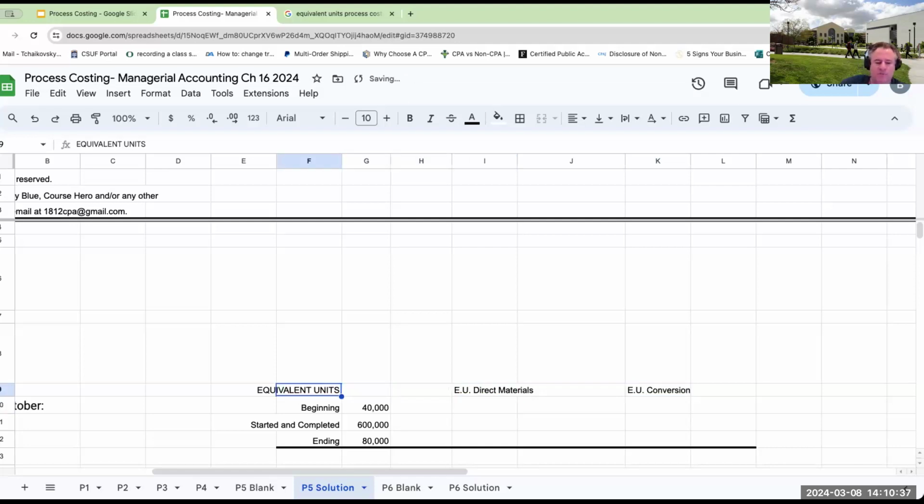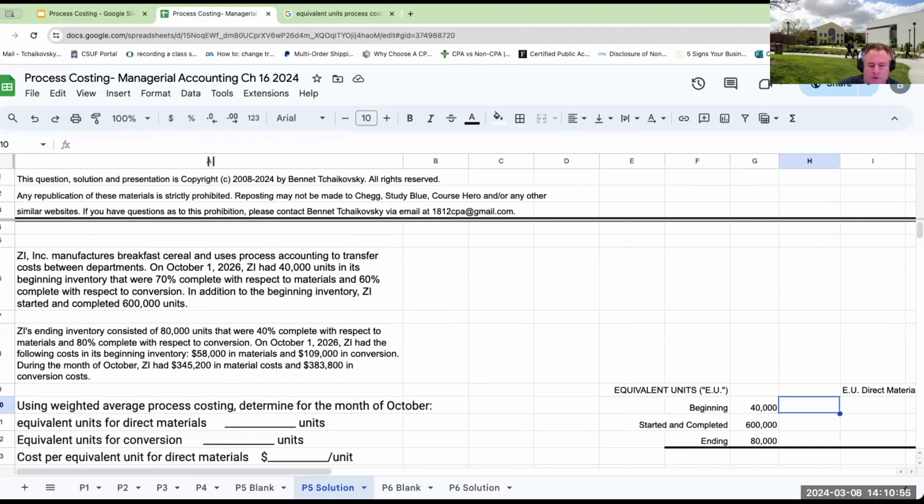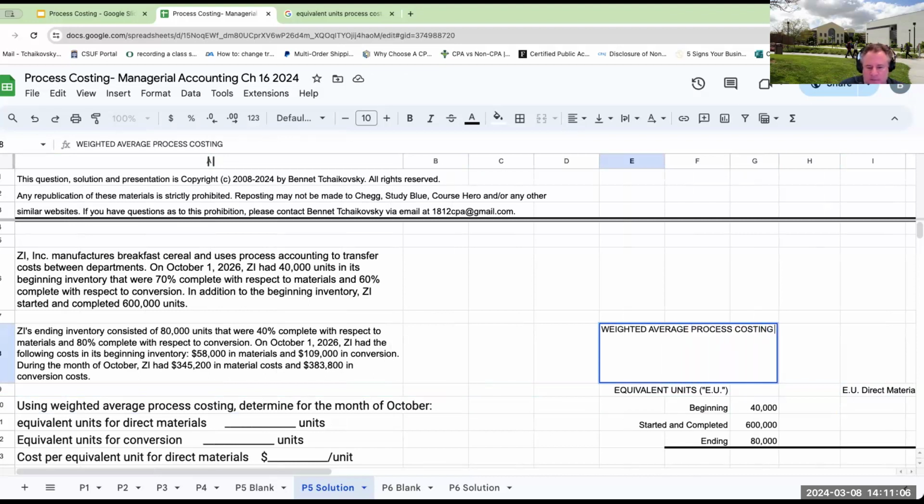Remember, conversion means how we convert our materials to finished product. So under weighted average process costing, we assume